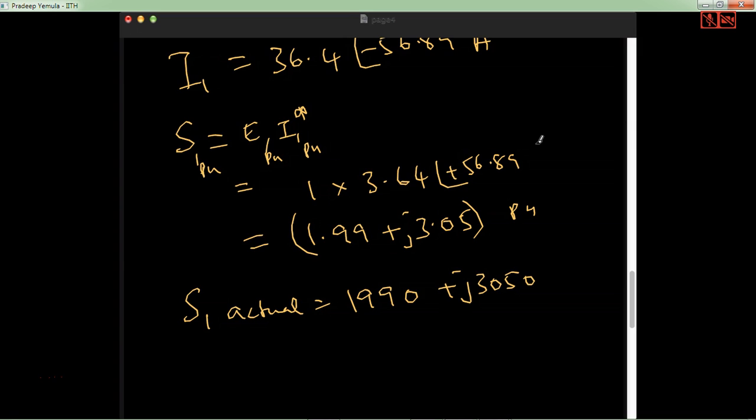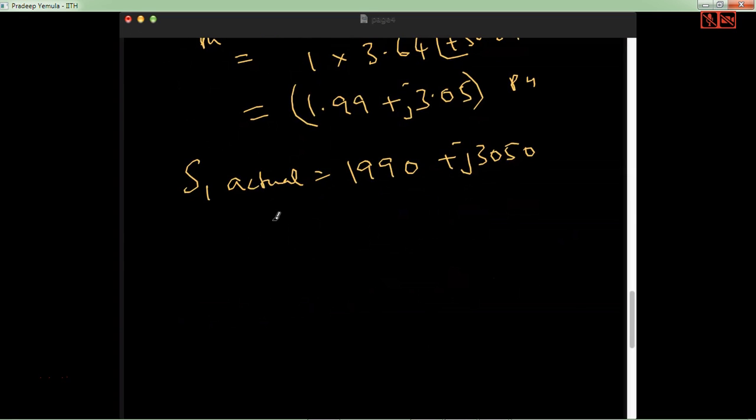So we have taken one small problem with a transformer, and once we solved it without using the per unit system, and the other we solved using the per unit system. Now for this, you might find solving without the per unit is easier. But then imagine a case where there are a lot of transformers, then the per unit system will become very effective. So for example, I'll just give